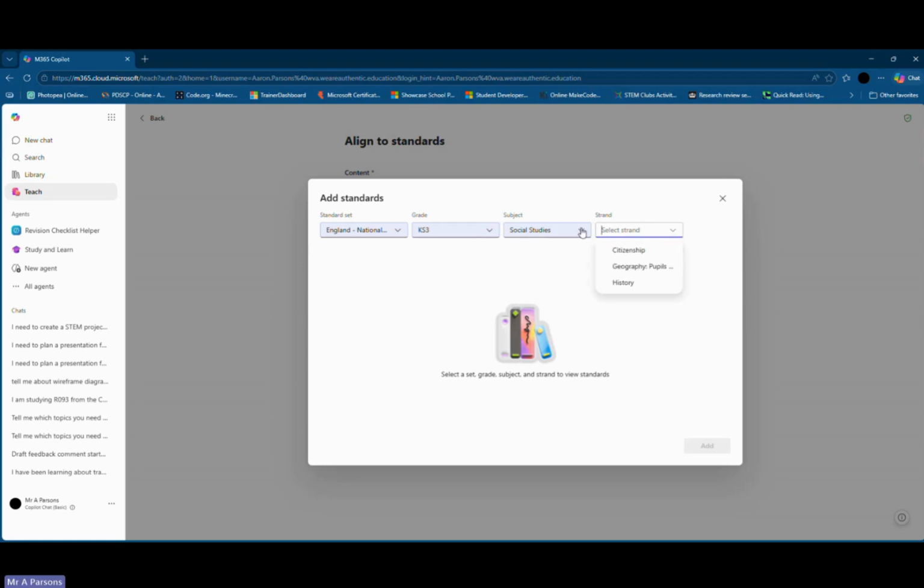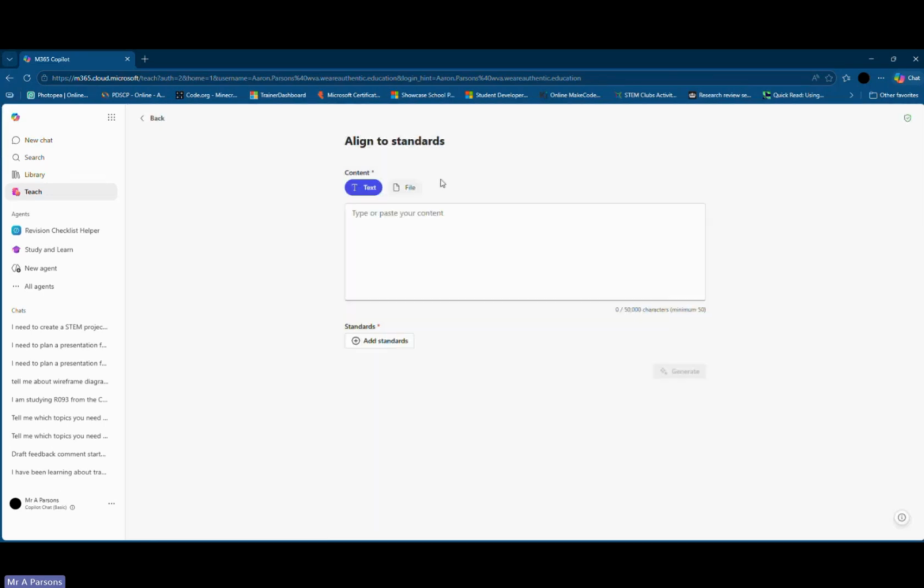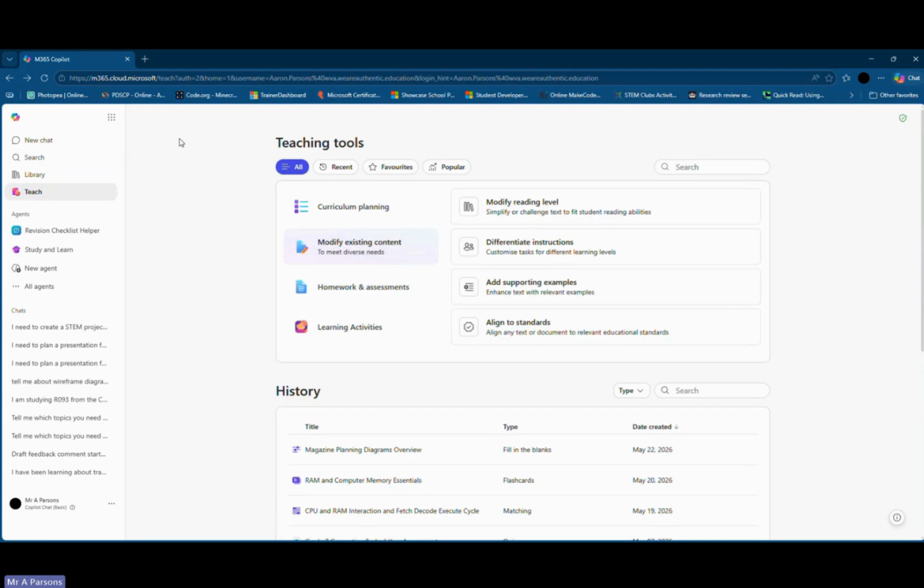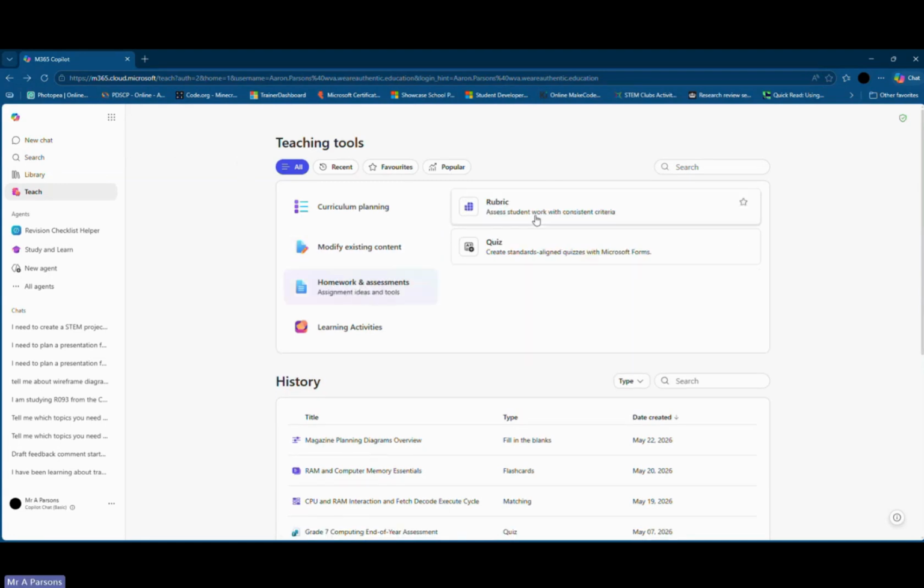And then you can sort of align them. Not everything's in there yet, but we've got English in there for reading, writing, grammar, and spoken. We've got various ones for maths, for science, and for social studies. Within Teams and some of the other bits, though, you can link to standards for computing and design arts and things. Homework, we can create rubrics. So this is, again, nice and simple, and all of this links to Teams.